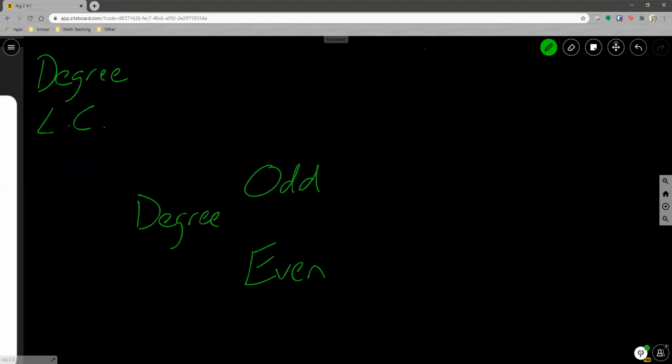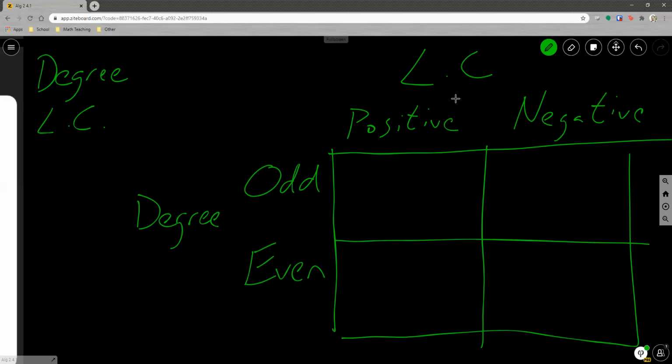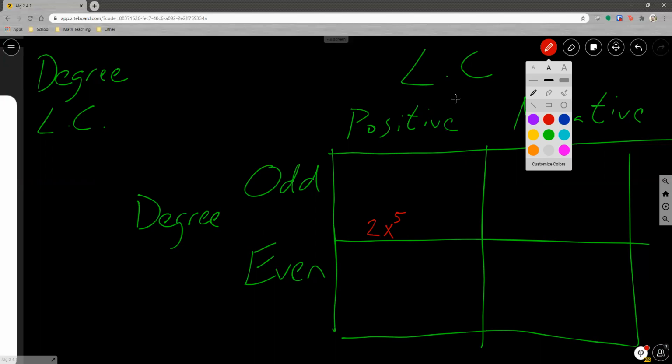And the leading coefficients, I can view those as either positive or negative. What we get is kind of a little diagram like we've seen when we complete the square. We get four situations. If my degree is odd, for example, if I have something like x to the 5th power, and my leading coefficient is positive, so maybe it's a 2, my function is going to look like,